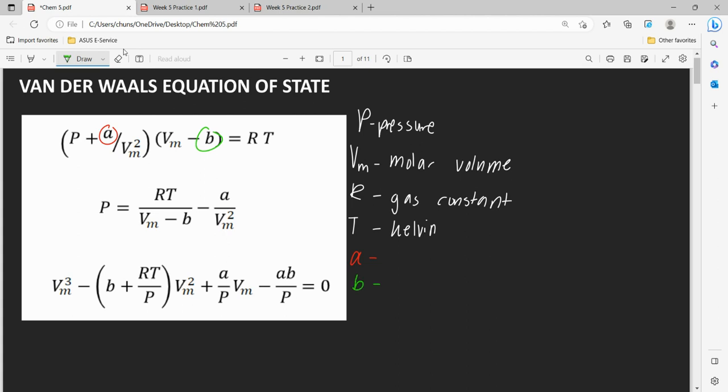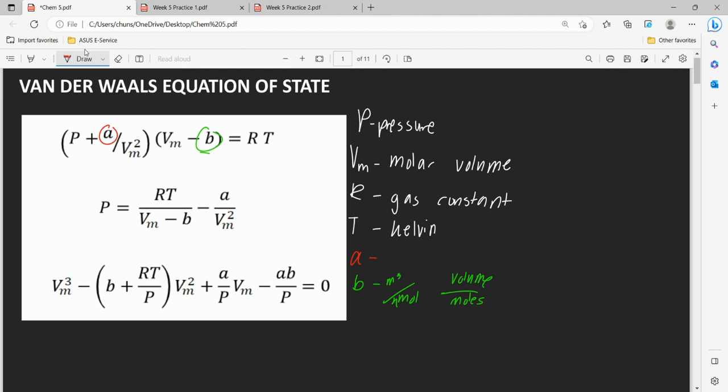And through unit analysis, we can see that this is equal to, so let's practice some unit analysis. So we know that molar volume, so these two must be equal in units in order to subtract them. So that means that this is worth meters cubed per moles or kilomoles or what have you. So just volume over moles. It's the most general way to describe it. And now let's look at this one here. So molar volume squared, this is,